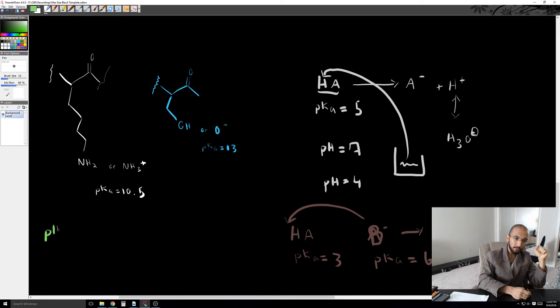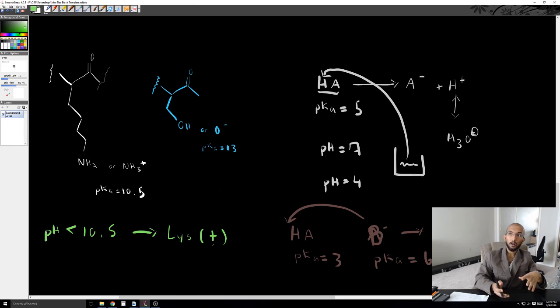If the pH is less than 10.5, that implies that lysine has a positive charge. Why? Because there are protons in solution, and the solution has a weaker hold on those protons than lysine does. Lysine holds onto those protons pretty strongly, so it's protonated. And it follows conversely that if the pH is greater than 10.5, then lysine,